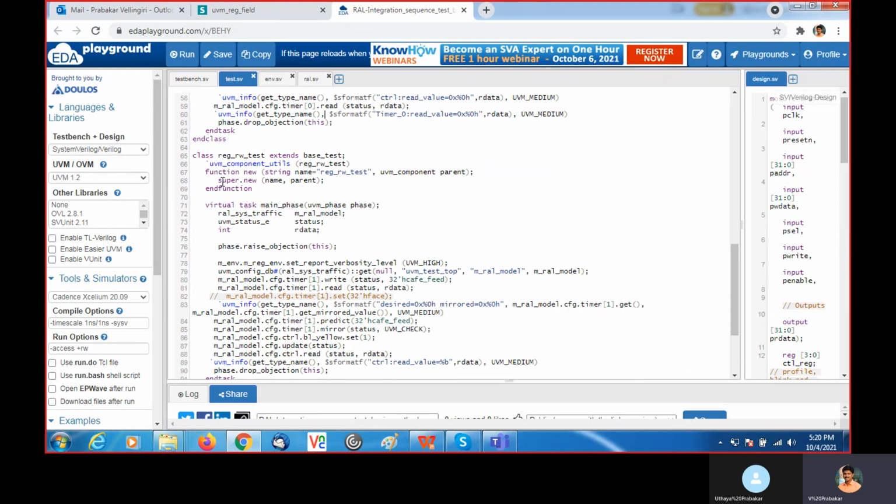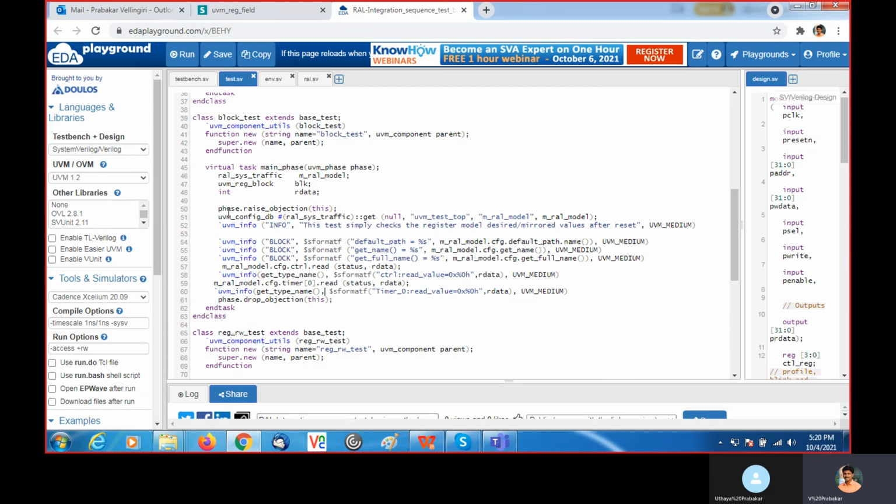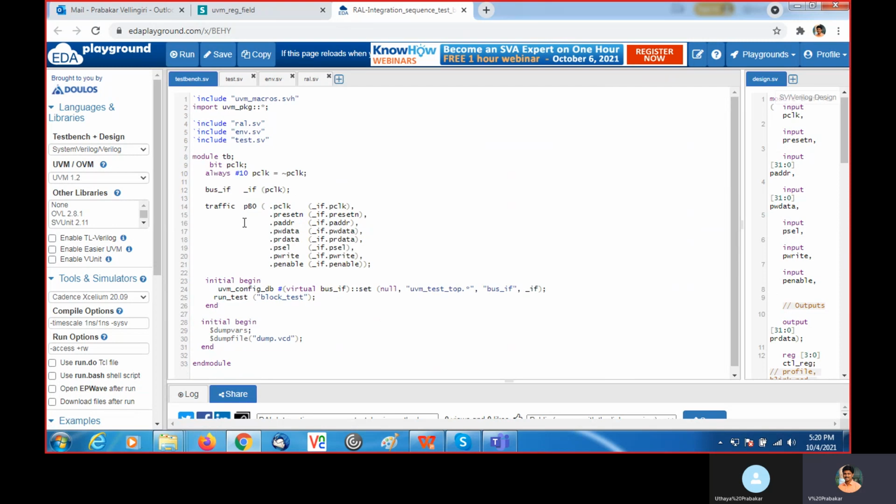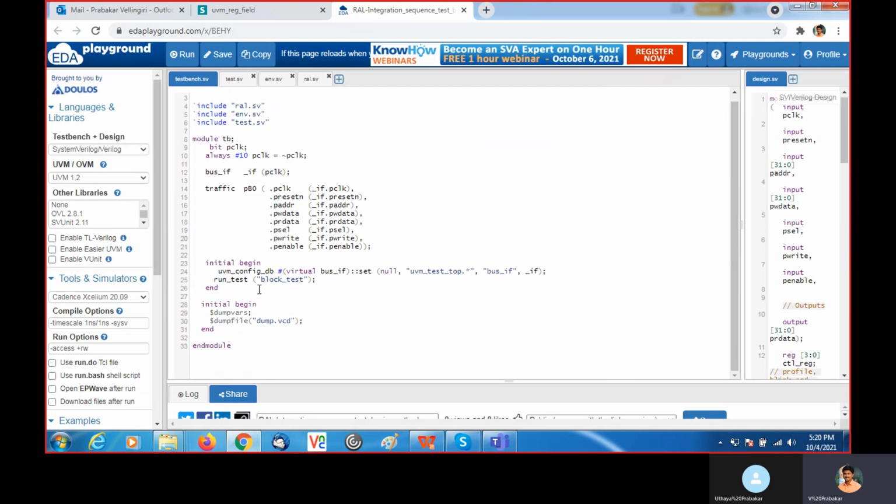Then I wrote another test here. First we will check this block test. This block test I need to pass here, or on the command line we can do plus UVM test name equal to block test.